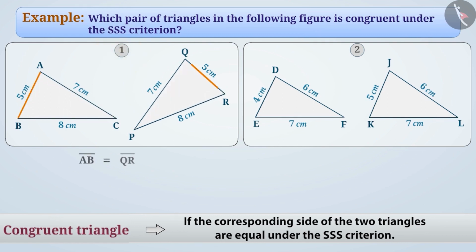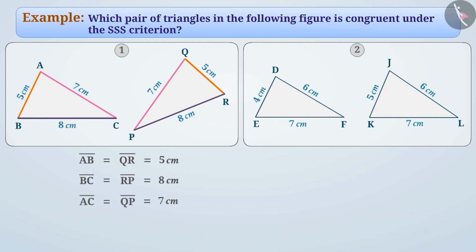AB is equal to QR is equal to 5 cm, BC is equal to RP is equal to 8 cm, and AC is equal to QP is equal to 7 cm. Since all three sides of triangle ABC are equal to the corresponding sides of triangle QRP, hence, triangle ABC is